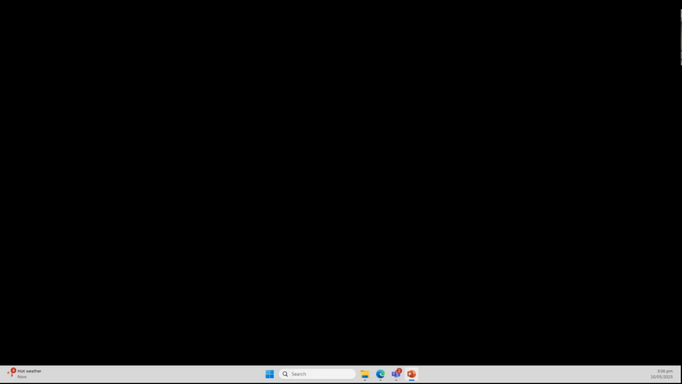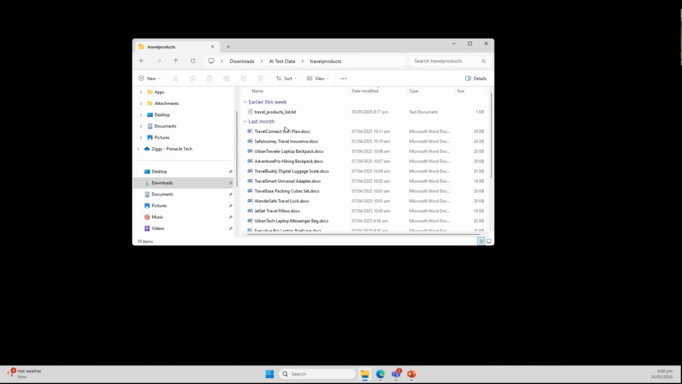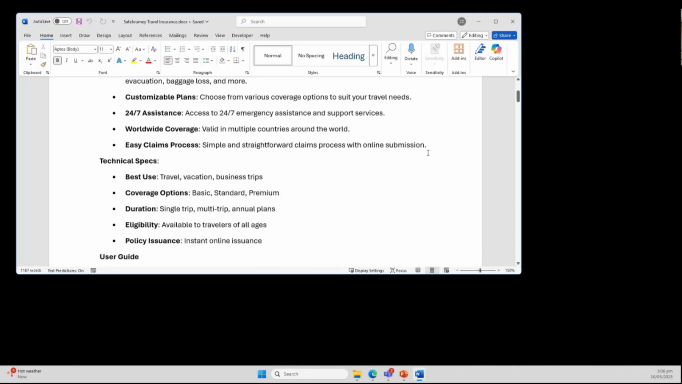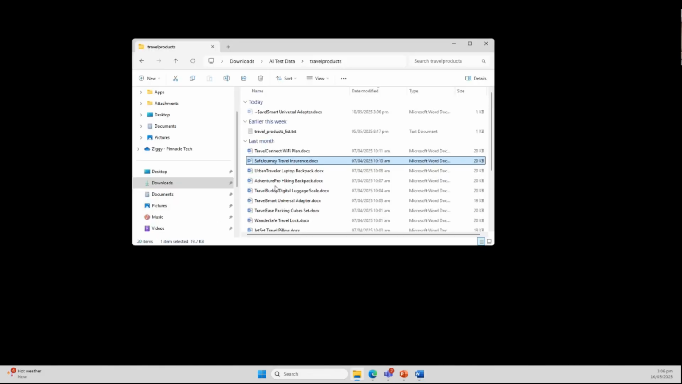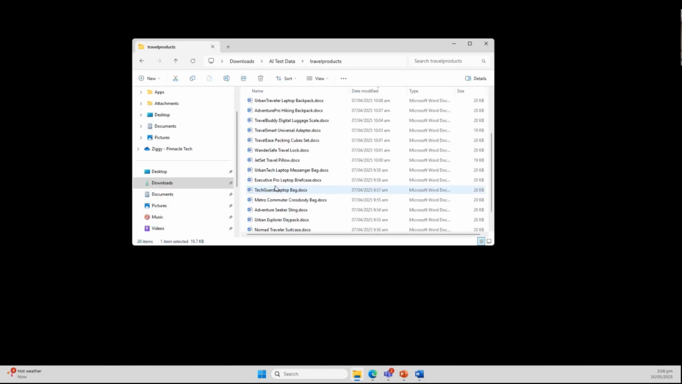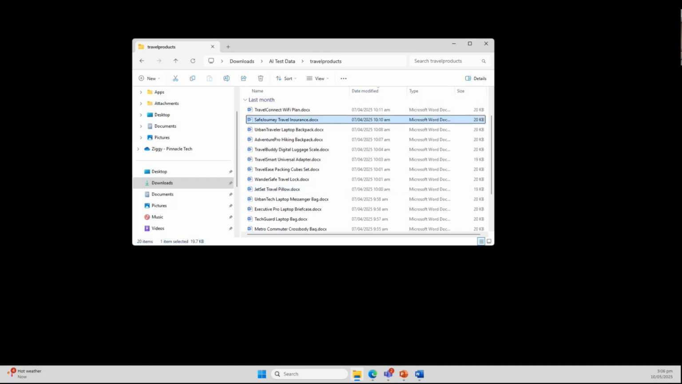And as an example, this is what the travel products would look like. So for example, they have here their travel products in a Word document in which they have all of this information. So by the way, this is also AI generated. So I created quite a number of products that they want to sell to their customers. So heading back to our presentation,